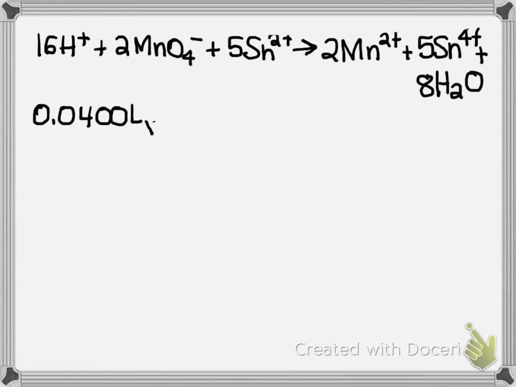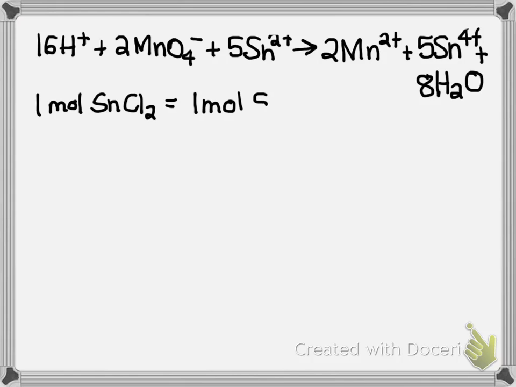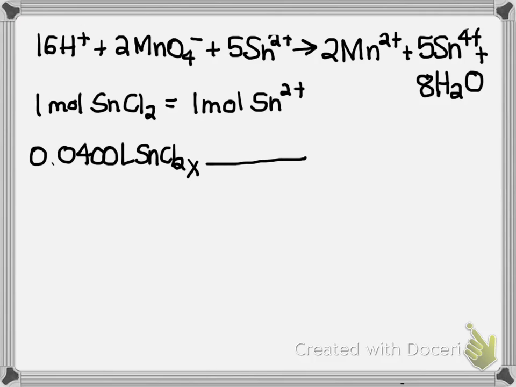Now, let me back up here because I know something that your book's going to say. So what I know is that one mole of tin chloride, Sn(2+) chloride, is going to be 1 mole of Sn. And so it's a 1-to-1 equation. So if I have 40 milliliters, which I'm changing to liters, of tin chloride solution. And then I know the concentration is 0.250 molar, so that's